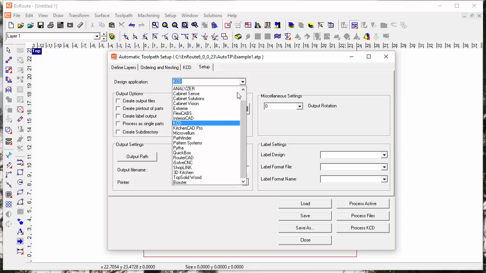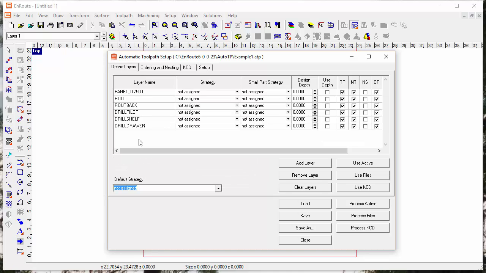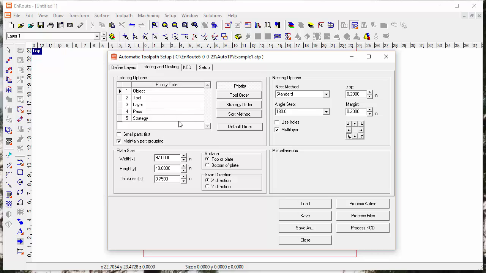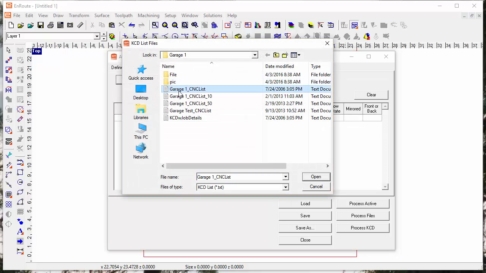We're compatible with a long list of other applications. Allmaster Software and KCD are two of the primary ones, and then there's a long list of other applications that we're compatible with. So that gives you access to design information from other applications and a way to define layers to match the layers that you're bringing in from the DXF file, define how you're processing the jobs, size of sheet, the way that you would like them to be nested, and then to bring in a job